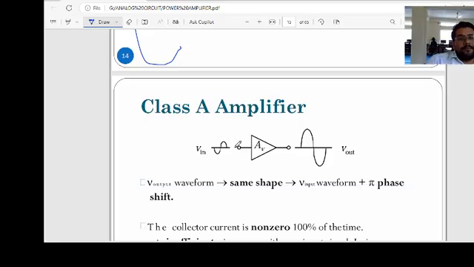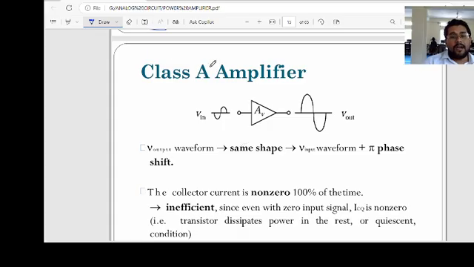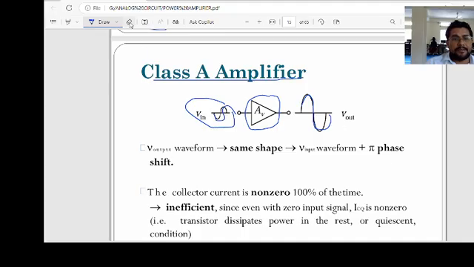The class A amplifier: how the class A amplifier amplifies signals. Suppose this is the input signal, this is the class A amplifier, and it has a gain A. So it amplifies the input signal from here to here. And what is the phase shift? Here the phase shift is